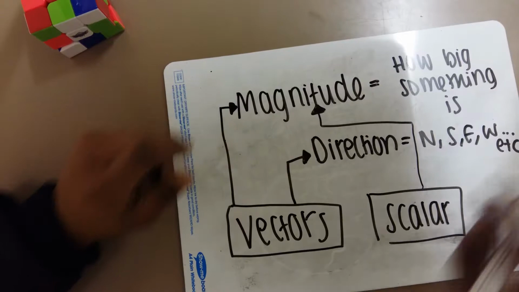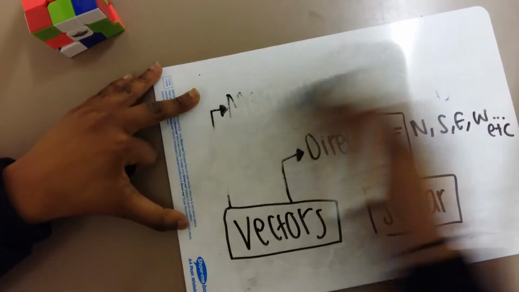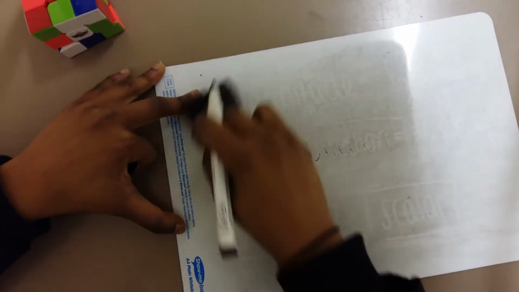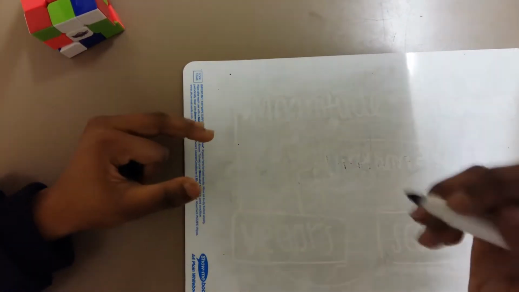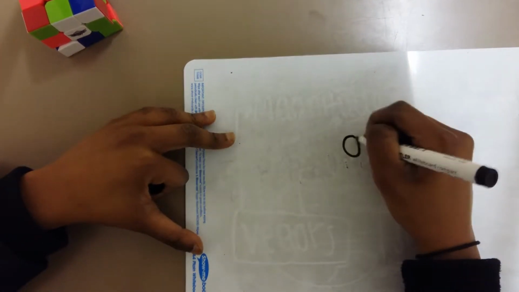One of the most important vectors you need to know is force. Going back to your annoying sister you want to push out of your room, you can't apply a force to her without her moving in a certain direction. So force is a vector because if you try to push little sis,